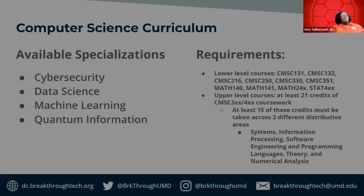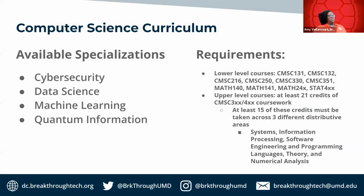And then in computer science, we do have several different tracks that are available within the major. So everybody in the major is a computer science major, but they can choose a specialization. Right now, we have 4 different specializations. We have cybersecurity, data science, machine learning, and quantum information. And I've just listed out some of the requirements for the computer science major that students can expect to take